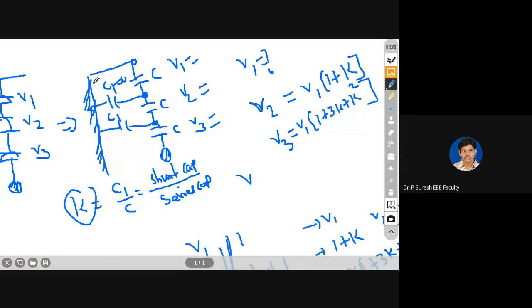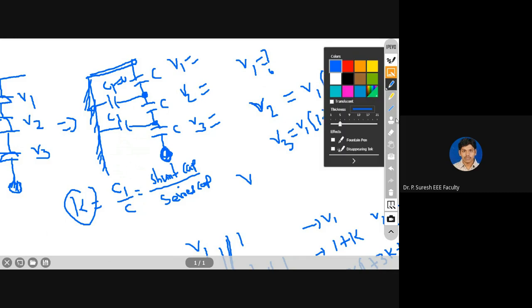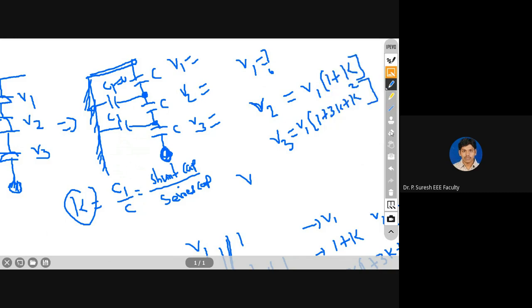But what is the drawback of increasing the length of the cross arm? It is very difficult to withstand the weight of the conductor using the cross arm. It is very difficult to bear the weight of the conductor using a single cross arm. That's why longer cross arms are not possible. But we can improve the efficiency by using a guard ring. Anyone, what is called a guard ring? What is called a guard ring?